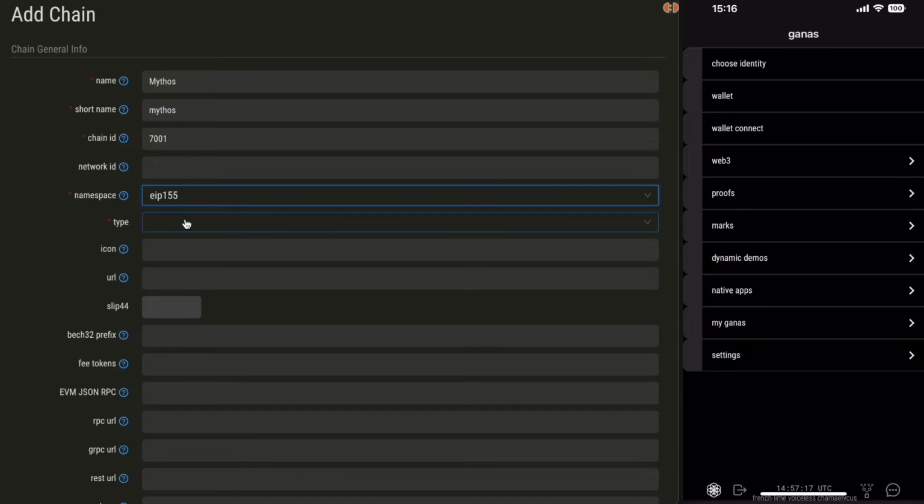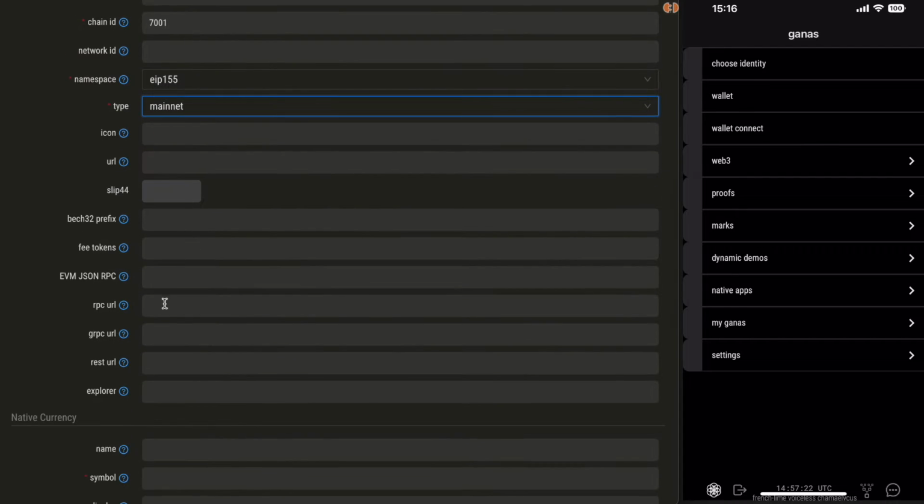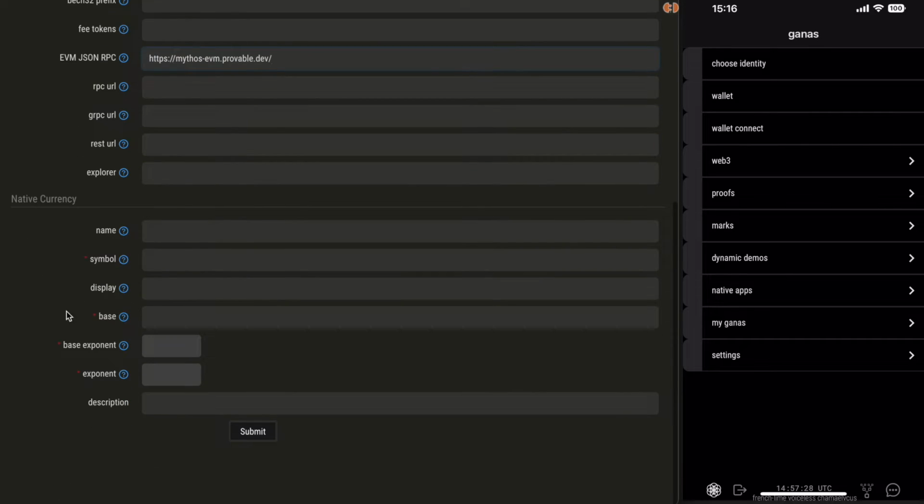This is an EVM chain, so we will select EIP155, mainnet, and we will also add the JSON RPC endpoint. The currency has 18 decimals, so the base currency has an exponent of 0 and the main symbol has an exponent of 18. So now from the app we can click on the submit button to add this chain to